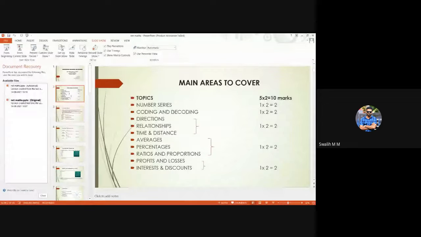Most commerce students find mathematics difficult. So if you get all these 10 marks, there is good scope that you can pass the NET exam, because it is generally out of percentile. If you know what percentile is, it is not the total marks or percentage that is calculated, but out of the whole group of students, how much better you perform than the other students is what is considered.